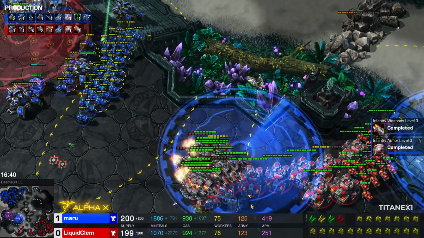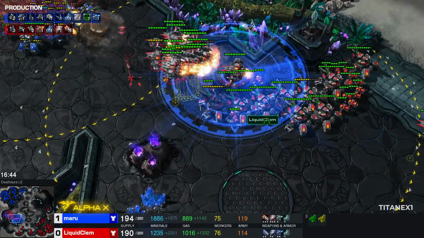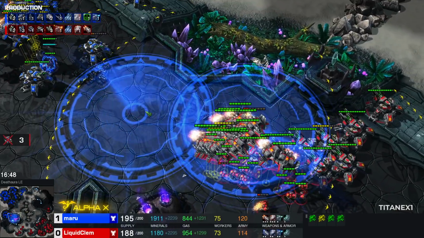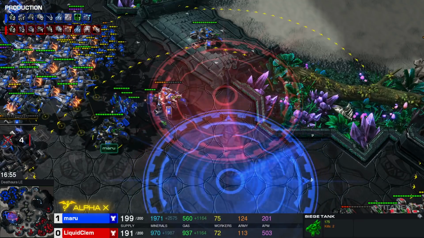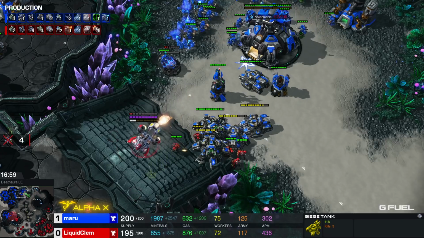So Maru already trying to force CLEM out of his base. He does snipe one tank, but he is forced to retreat as the tank line is already sieged up. But I mean, the trades here, Maru always kind of managing to get a few more volleys than CLEM in, so